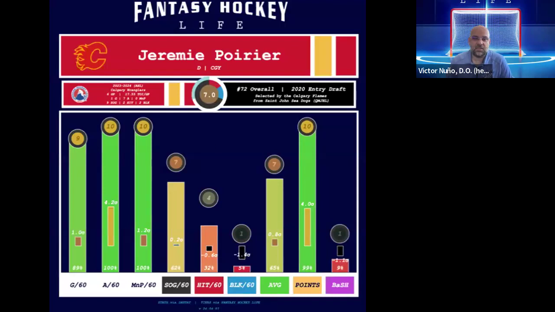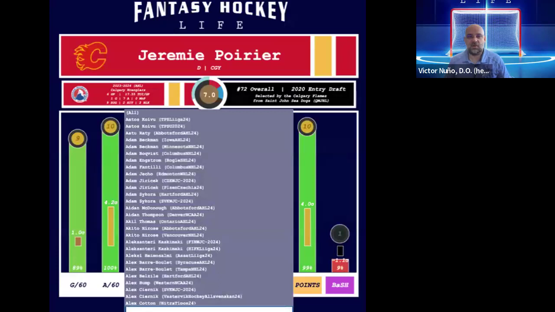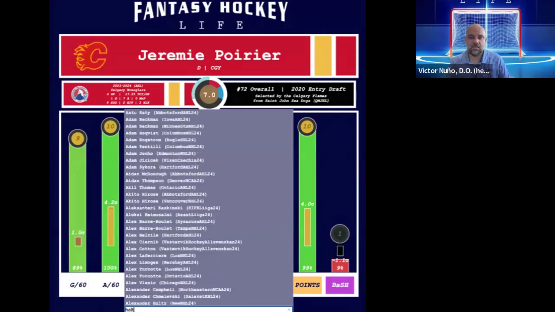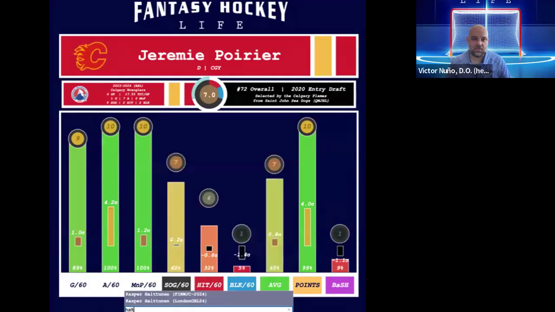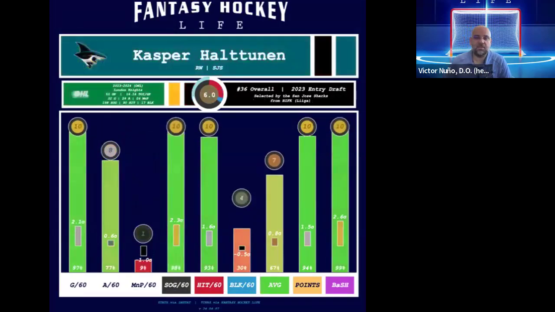So you get this impression, you can see very clearly who is kind of going to be great for the peripherals and who might be a points only kind of option. We only looked at defensemen so far, but obviously you could look at forwards and, there's some interesting ones. As I'm recording this, Kasper Halttunen just had a massive game in the OHL finals, so I'll just